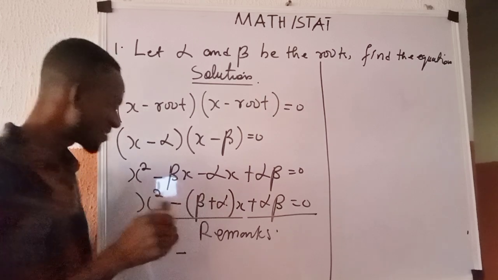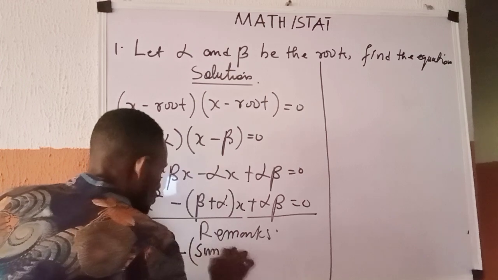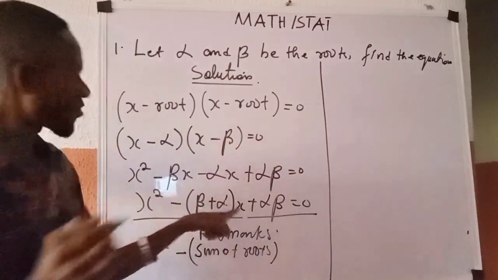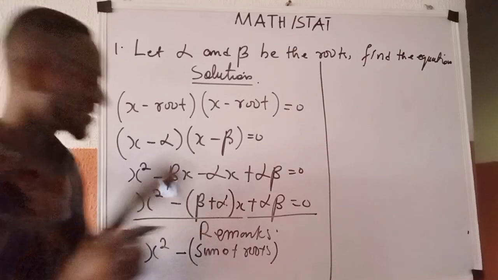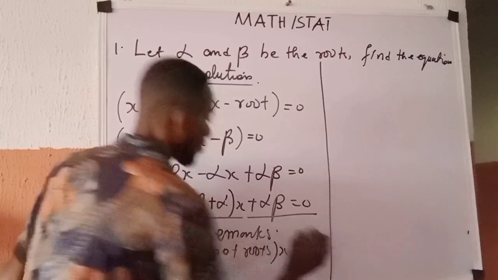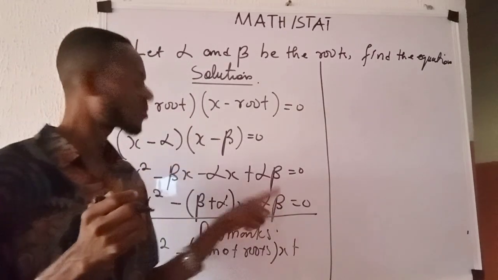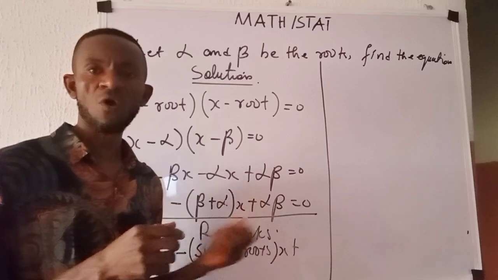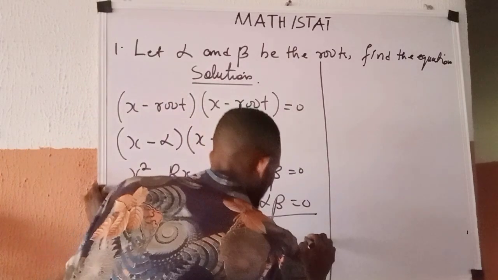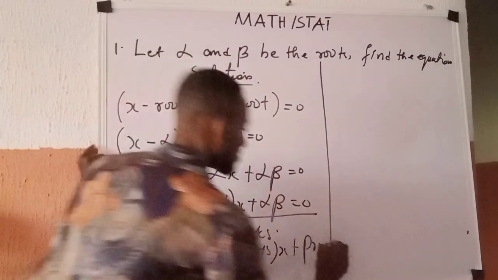So what is inside this bracket now is what we call the sum of the roots. So I will now open the bracket and write sum of the roots. I will close the bracket. What I have here is x, so I will write x. The sign I have here is plus. Of course, you know that alpha beta means that alpha is multiplying beta, which of course we call the product of the roots. Permit me to write PR as the product of roots. So this equals